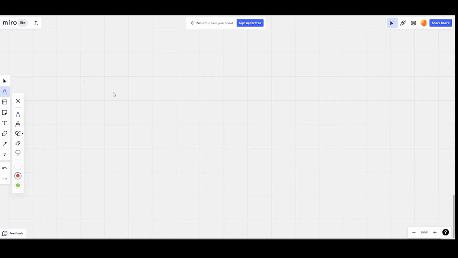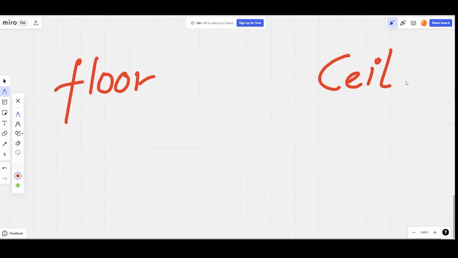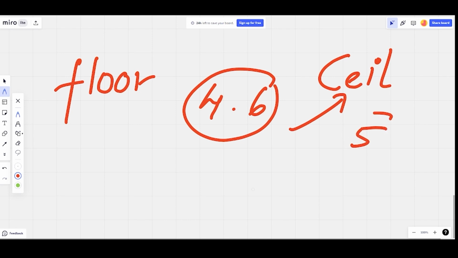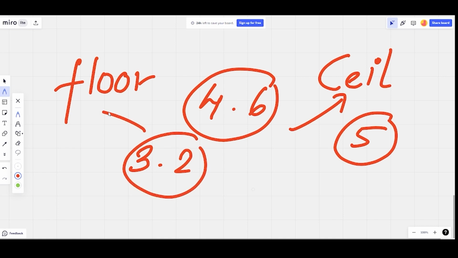Next, we have two functions. One is floor, and another is ceil. These are two interesting functions because one gives the floor of a number and another gives the ceil of the number. What does it mean? For example, if I have the number 4.6 and I find the ceil, it will give me 5. That means the ceil function will find the closest higher whole number to this fraction. If I take 3.2 and I go for the floor, it will give me 3, because it will find the lowest whole number of this fraction value. That is how the floor and ceil functions work.